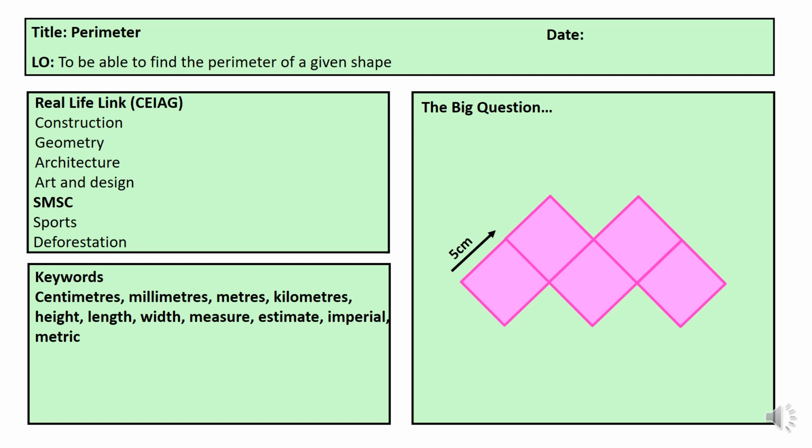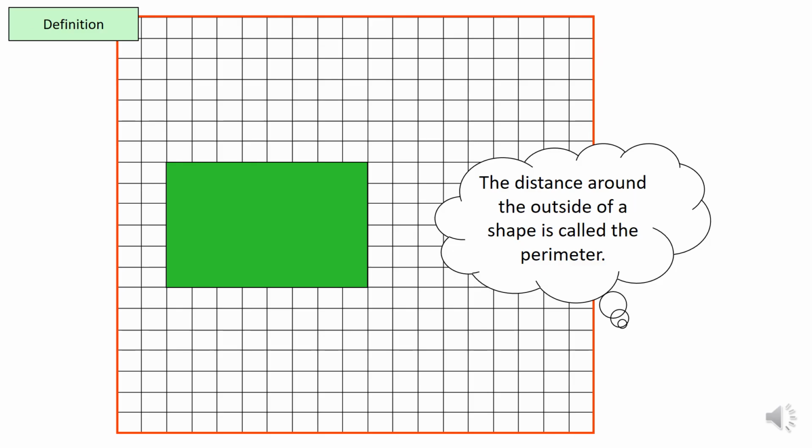Our learning objective is to be able to find the perimeter of a given shape, a shape that's been given to us. Our real life links are construction, geometry, architecture, art and design. Very similar to the last two lessons that you've had, because we're still dealing with lengths, and because of that, obviously our keywords will also remain the same. Now there's a big question here which we'll speak about towards the end of the lesson, but start off with,